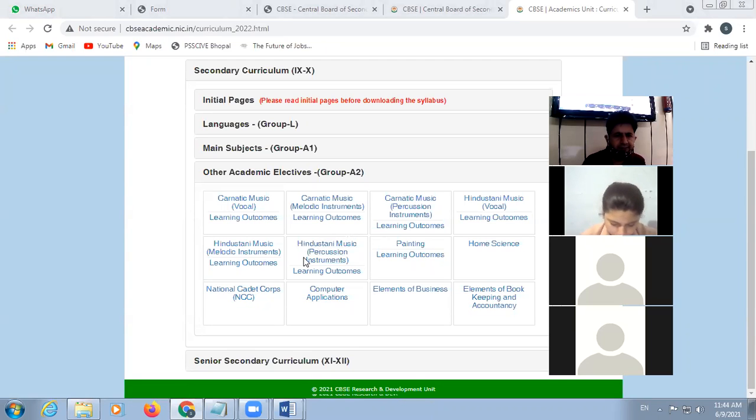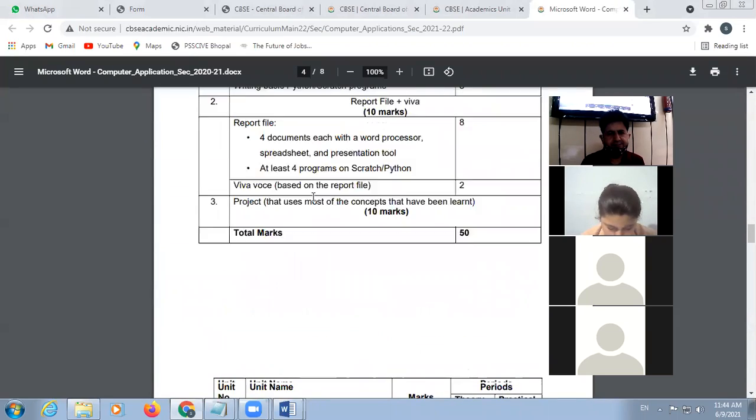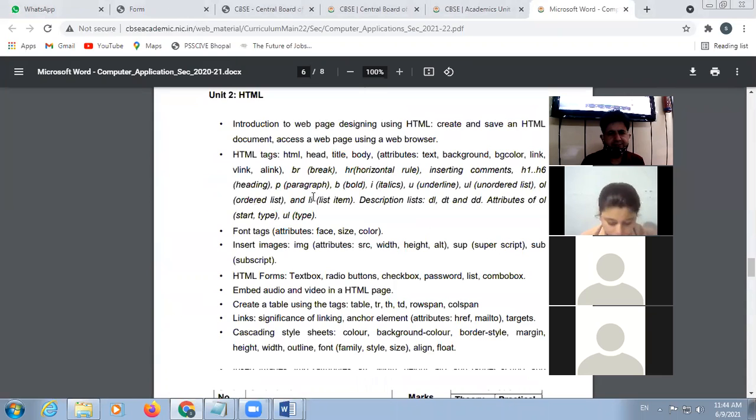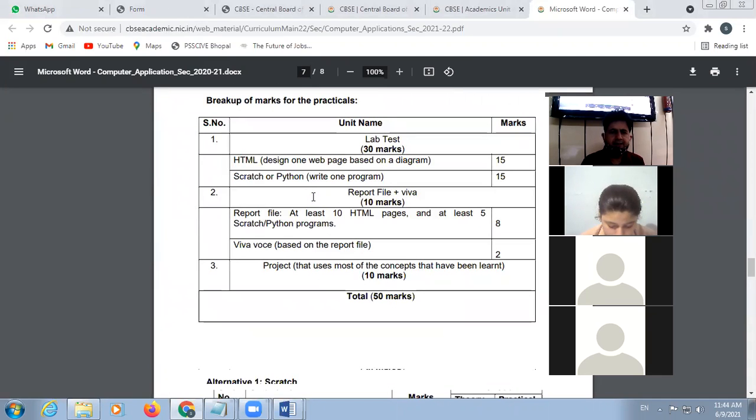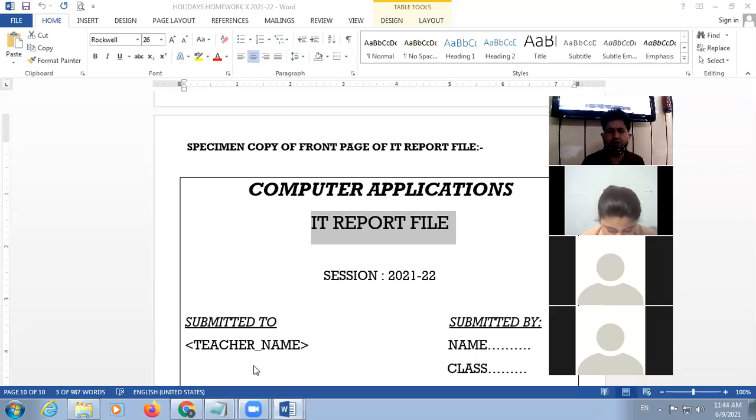Okay, students, it is a report file. In place of IT report file, you can use the report file. This is report file.